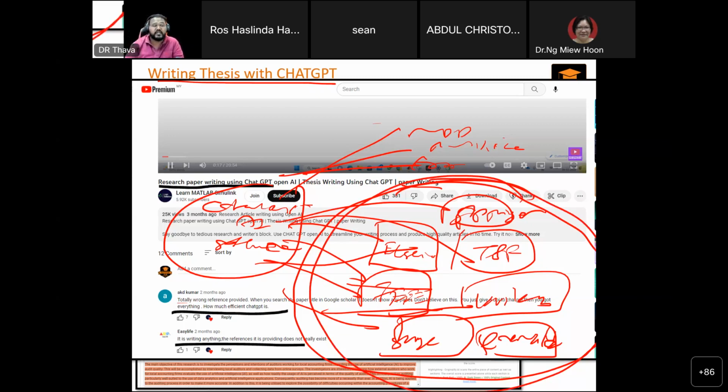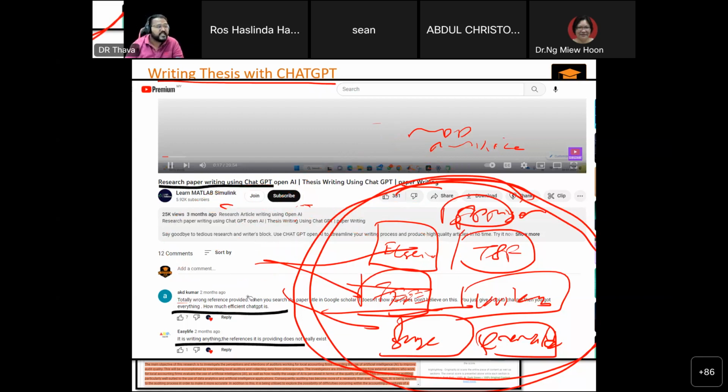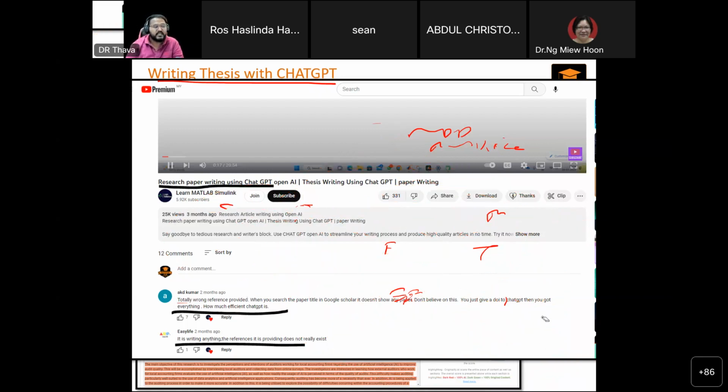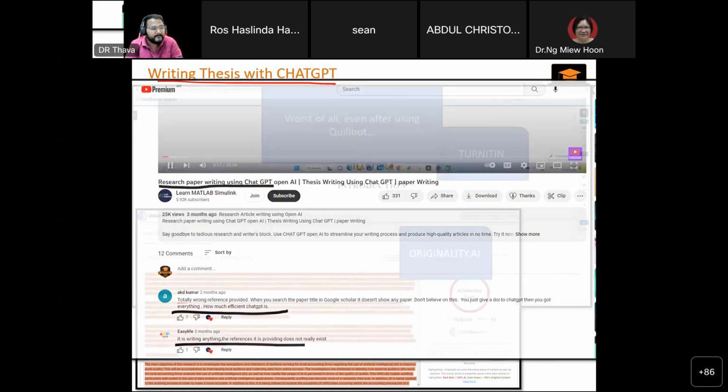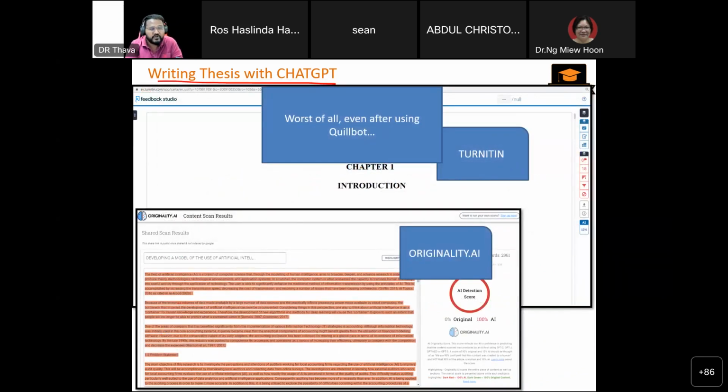Think about it when you use AI. They cannot access. So where are the material sources coming from? Think about it. Okay? No one explains this. No one. Because they're just trying to sell software. But they don't care about the well-being of a thesis, which is quite sad to see. So don't trust it when they say use this, use that.